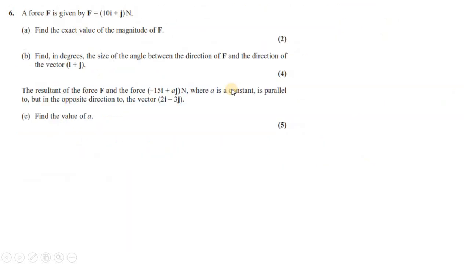Question number 6. A force F is given by F equals 10i plus j Newton. Find the exact value of the magnitude of F. So this is a vector question. You are given a vector in ijk components. Remember, if you are given any vector like vector A equals A1 i plus A2 j, and you need to find the magnitude,